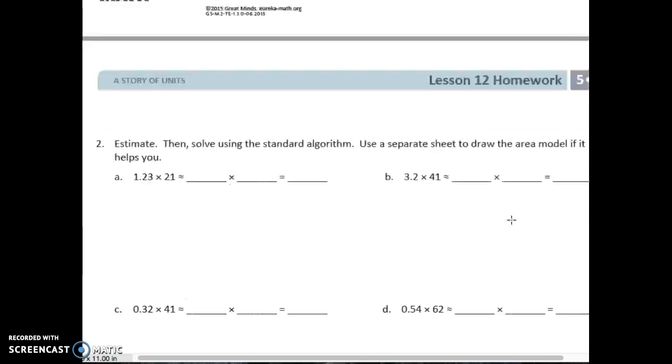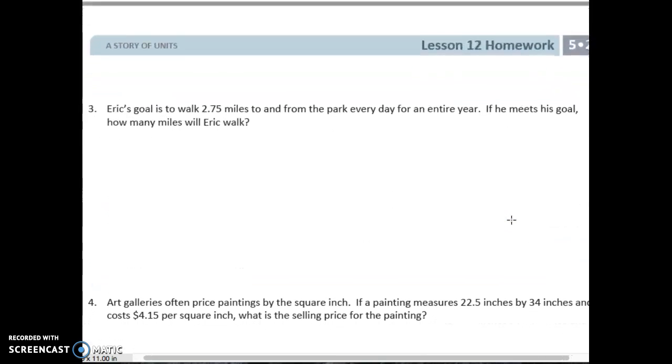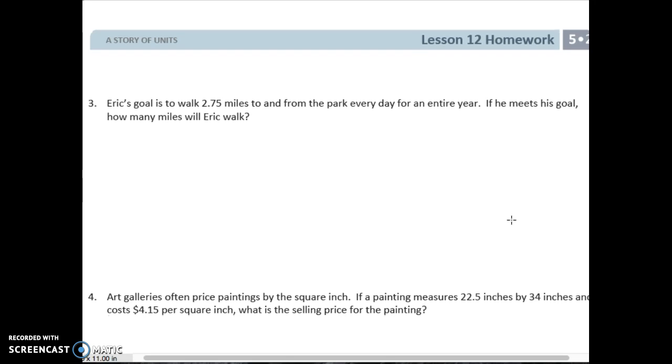Now we'll take a look really quickly. Scroll on down here. Let's take a look at a word problem. So Eric has a goal to walk from home to work every day. But he does need to go home at night. He doesn't sleep at work. And it's 2.75 miles this way. It's 2.7 miles this way. So when we add this together,